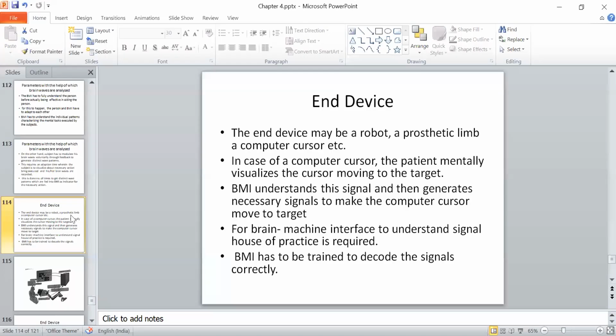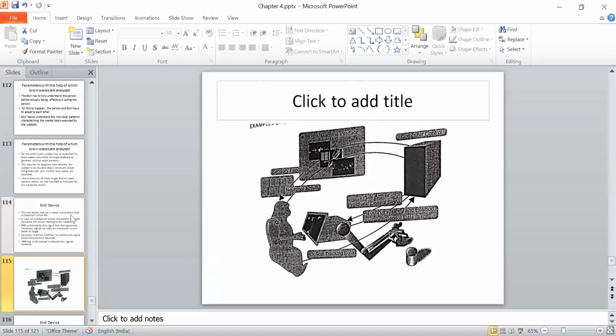Then the second kind of application, here you can see this is the computer application. In this case the cursor is not moving but a prosthetic organ is working. So you have to move the arm. You want that arm to do a certain kind of thing. To do this you are thinking, you're not touching, you're not coding anything in the computer, you're not giving any voice signal, you're just thinking this particular thing. This thought will be sent through the BMI interface to the computer, and the computer will process the information, send the information to the prosthetic organ, and the organ is able to do it.